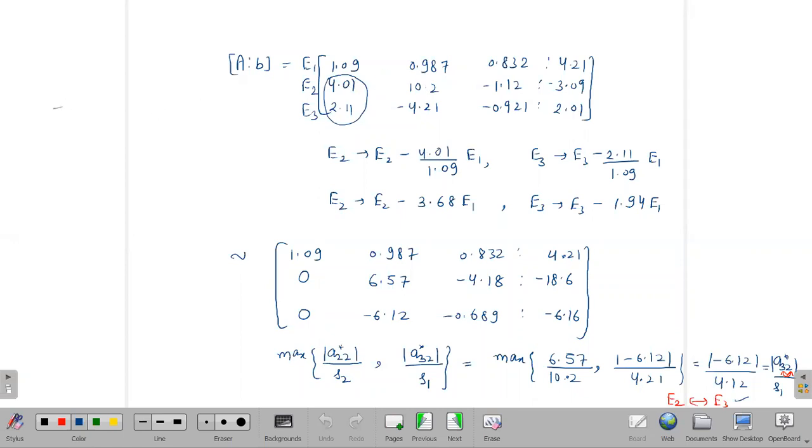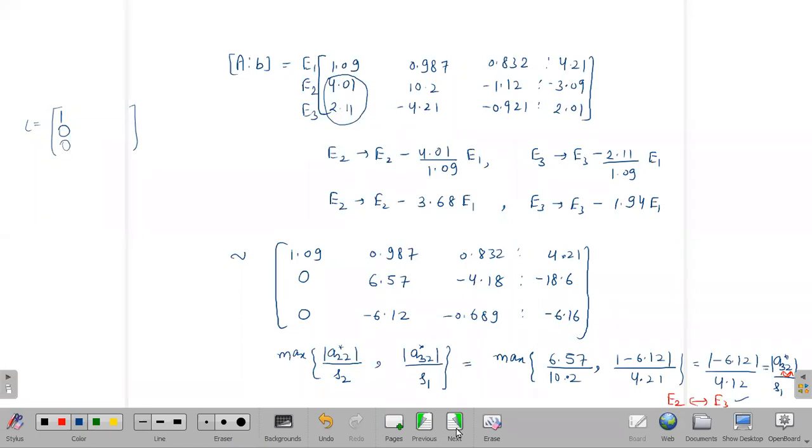Suppose it is a 3 cross 3 matrix and we have to write L only, L into 3 cross 3 matrix. The first entry will be 1 of the first column. And if you are making these elements 0 with this operation, then this ratio will give you this element. And to make this element 0, you have used this operation. This is the ratio, and this ratio will give you this element.